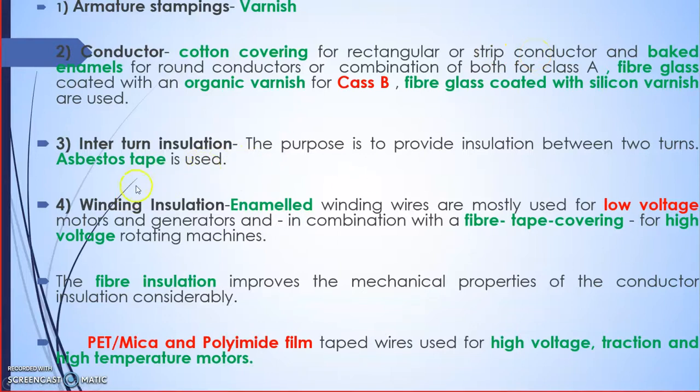Interturn insulation, that also I have shown you, turn to turn insulation. The purpose is to provide insulation between two turns, and asbestos tape is used. I have shown you asbestos tape, how it is wound across the winding. So now you have visualized it. And winding insulation is enamel. That also I have shown you, of low voltage motor. Okay. And in combination with